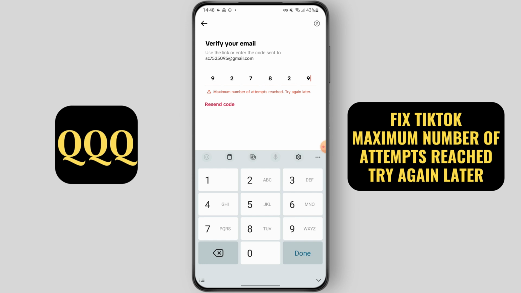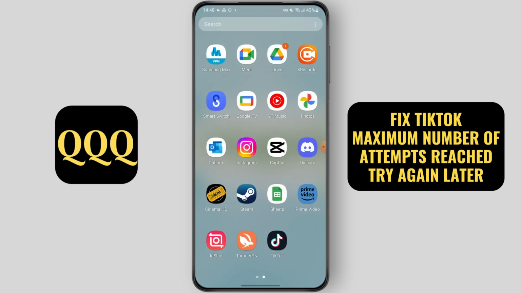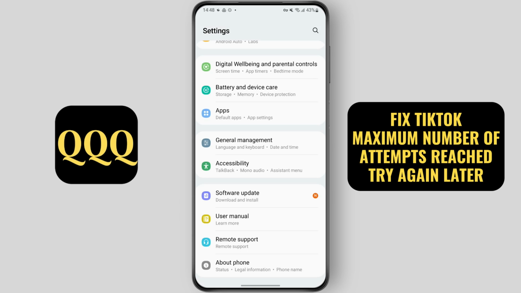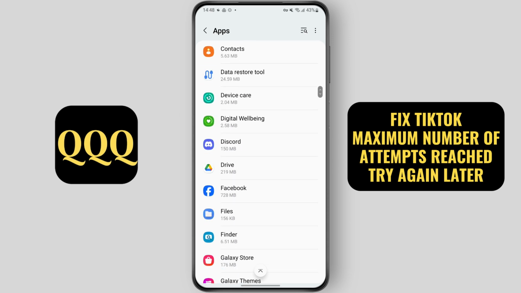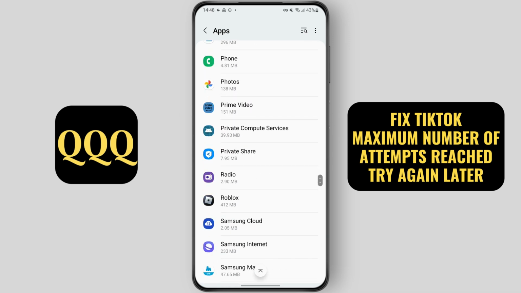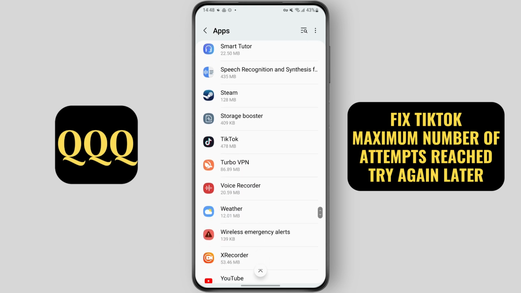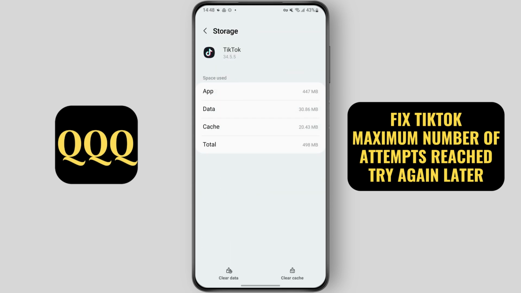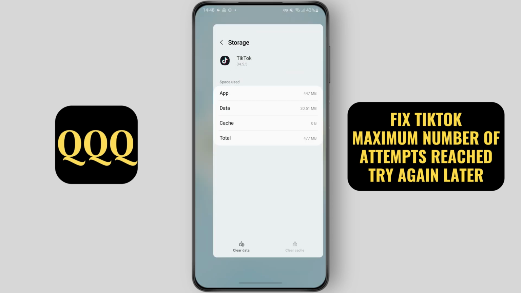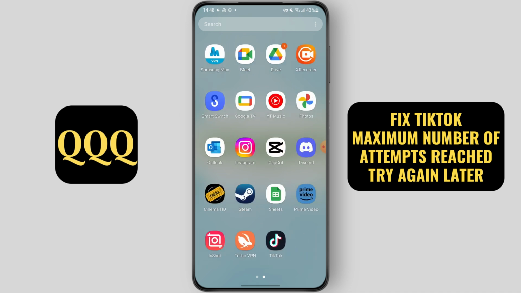So in order to solve this problem, first go to settings, then go to apps, then go to TikTok, then go to storage, tap on clear cache, and next what you want to do is install a VPN